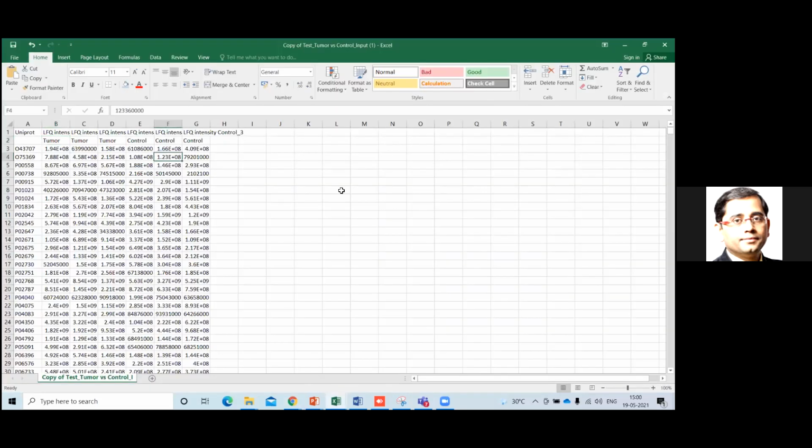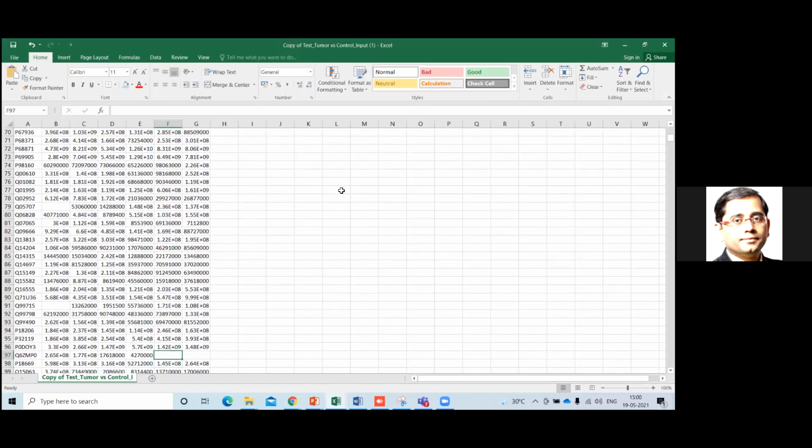So what are these missing values actually? We can say these are technical problems. For example, if you are taking some reading, any reading, it can happen that there is technical or biological variability, and for that reason the value has not come. It even happens with humans, right? If a person asks another person to count the number of fruits present on a tree, one person might miss a few. Let's try to understand in a basic way. Something like that happens.